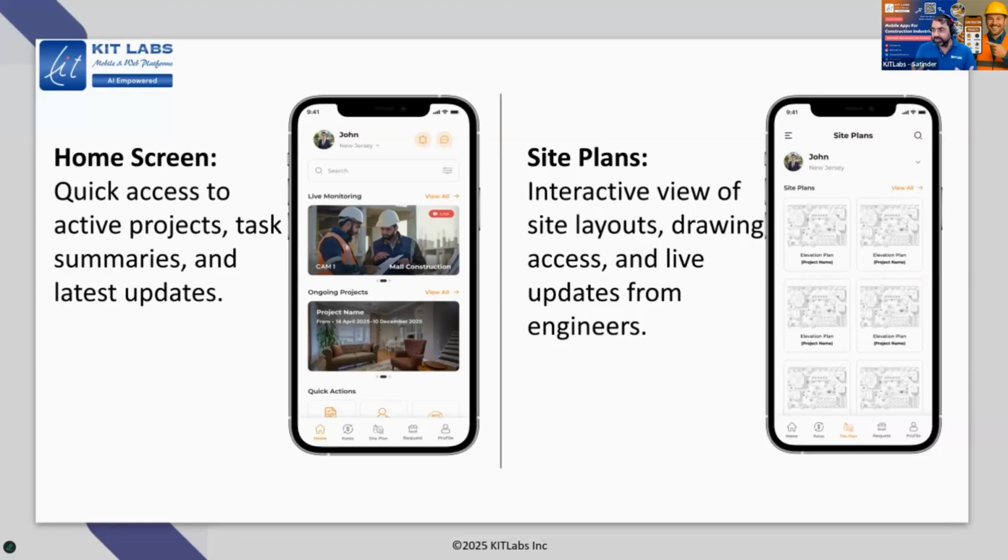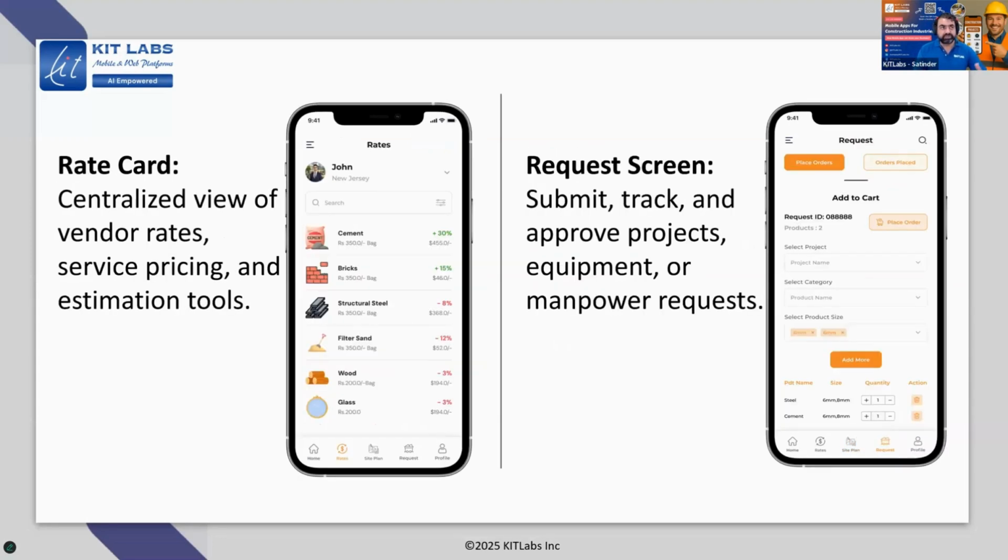There are many more things in there, and we have only 30 minutes here. We just want to showcase how the mobile apps can make your life easy, and we can customize it. Everyone has some portion of the processes which is different from other people, and we can customize that. So this is some of the detail about those various screens.